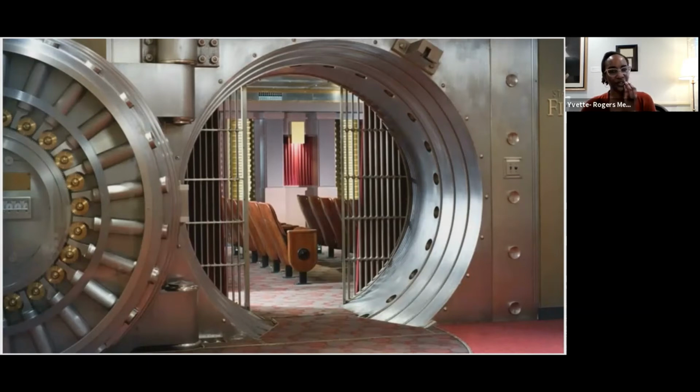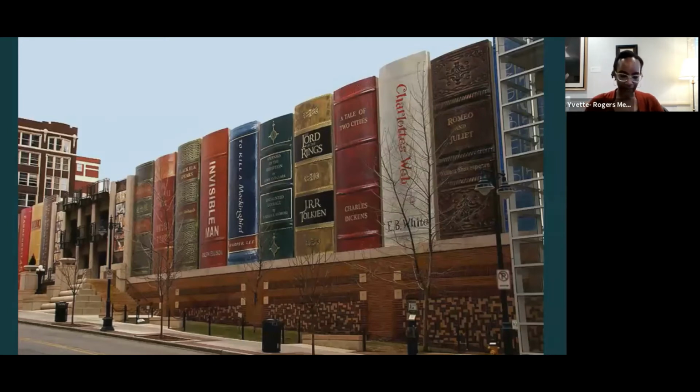But the most unique feature of this building is not that it was a bank. It is the parking garage. The parking garage is covered in signboard mylar, and it appears to be a row of books lined up on a shelf, except in this case, the books are 25 feet high and 9 feet wide. The garage behind the books was constructed in 2006 in response to a need for additional downtown parking, and community input was requested on ways to beautify the new structure, and this is where the idea evolved to do this. Community members and patrons also were asked to vote on the titles to be displayed, and the ones chosen